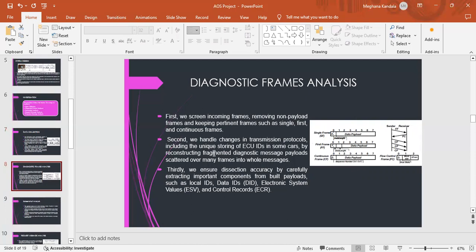Second, we handle changes in transmission protocols, including the unique storing of ECU IDs in some cars, by reconstructing fragmented diagnostic message payloads scattered over many frames into whole messages. So here we will do this so that the sender and the receiver, here we will gather the frames into